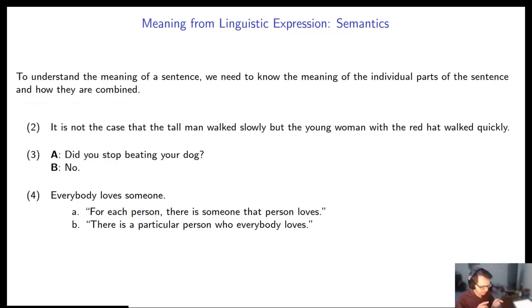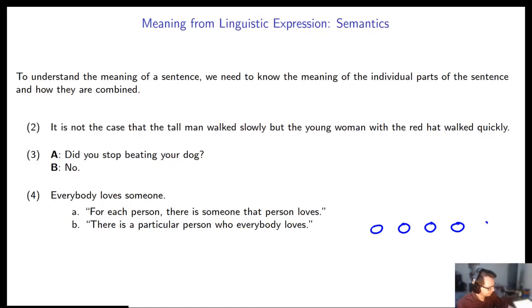Well, we have this thing called morphology, which tells us the structure of words. And we have this thing called syntax, which gives us the structure of sentences. And we need both of these things. We also need the meanings of words. So to understand the meaning of a sentence, really we need to know what the words mean. So we need to know a bunch of individual units, but we also need to know how those units combine